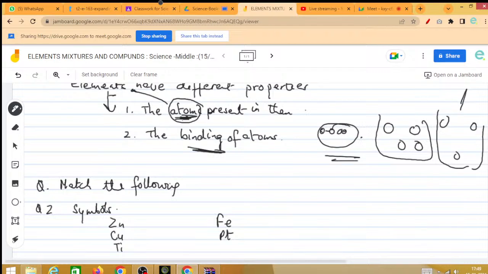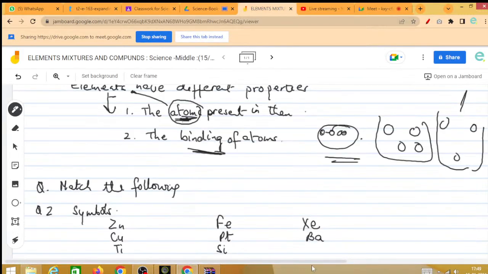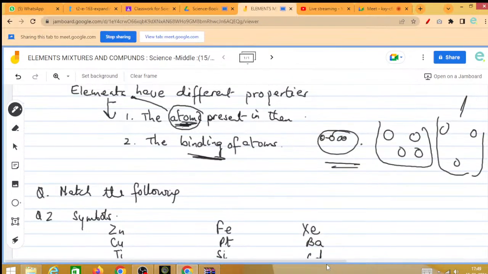Miss, silicon, copper, iron, xenon, barium, then titanium, then platinum, and Cd, cadmium, and zinc. So now look at this: zinc,